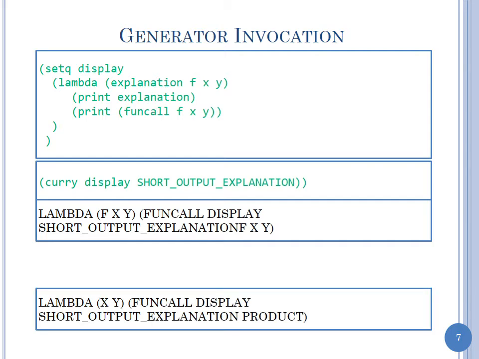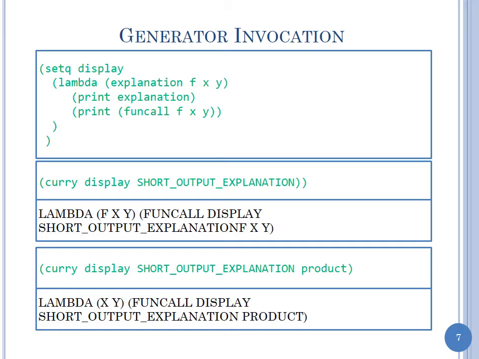And if I want to get this lambda out, lambda xy, funcall display short product, what should I do? How should I call curry? See, you're getting used to it. It lets you have your cake and eat it too. You can define your heavily parameterized function and then derive